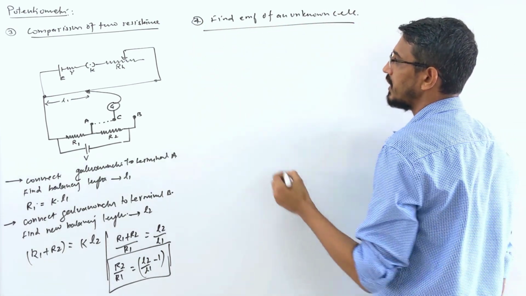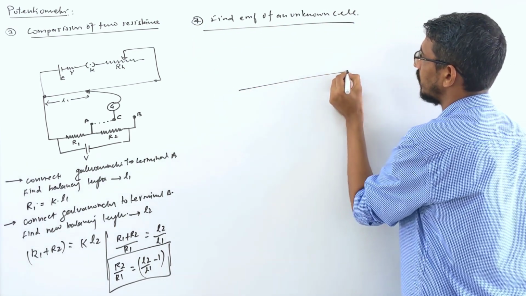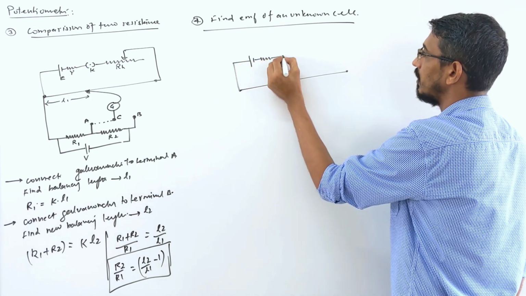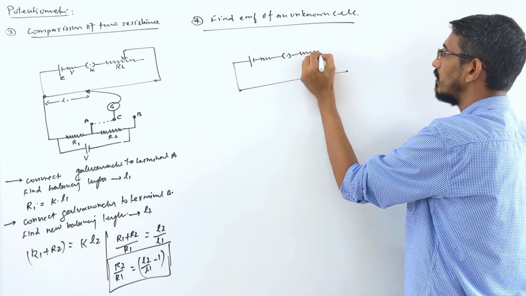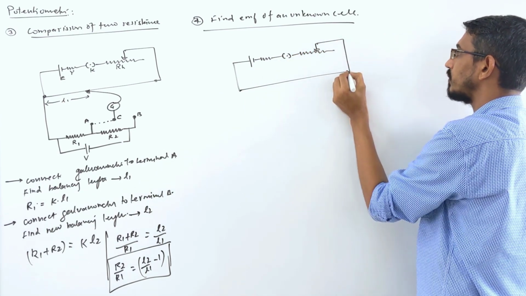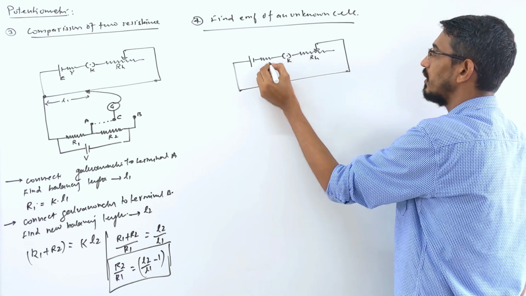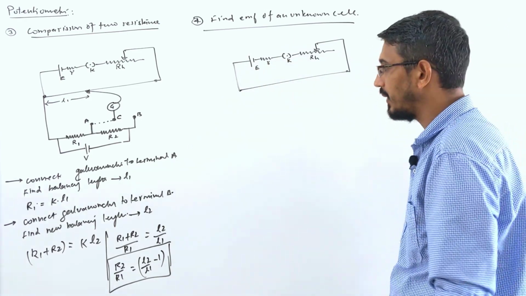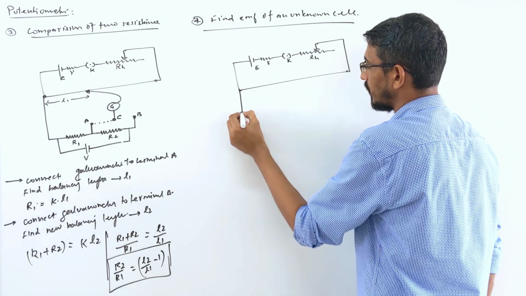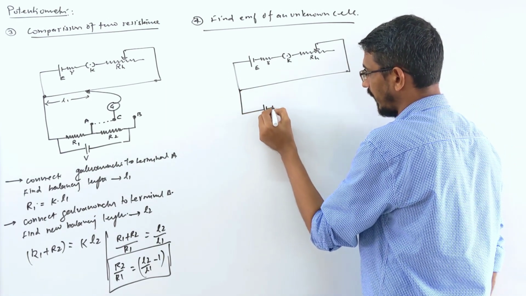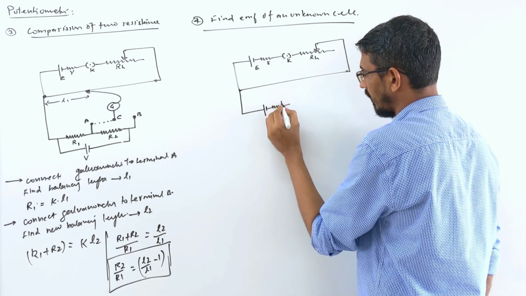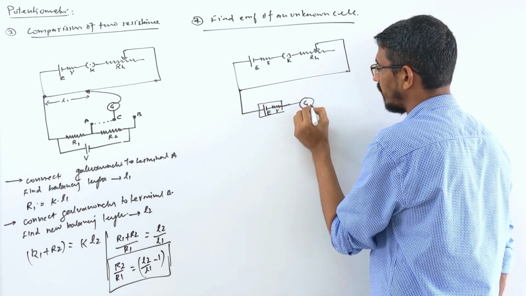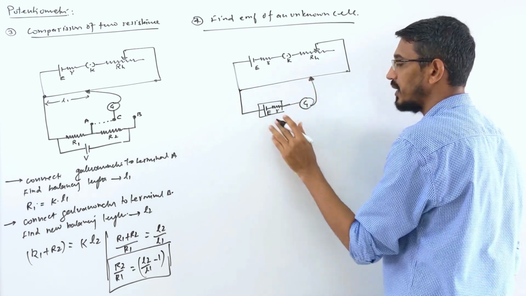So the setup remains the same. It's very simple. This is your potentiometer, and this is your primary circuit, with the key, internal resistance and EMF. This primary circuit is always there in every case. What you do is take the cell whose EMF you want to find. It may have internal resistance, it doesn't affect. With EMF E and internal resistance r, you connect it with the galvanometer and find a balancing length here. That's all. Very simple setup.